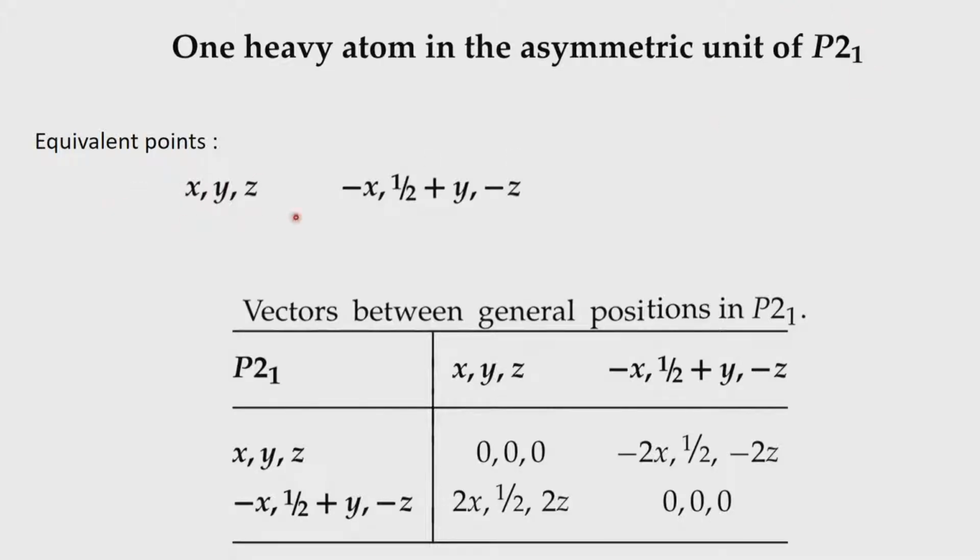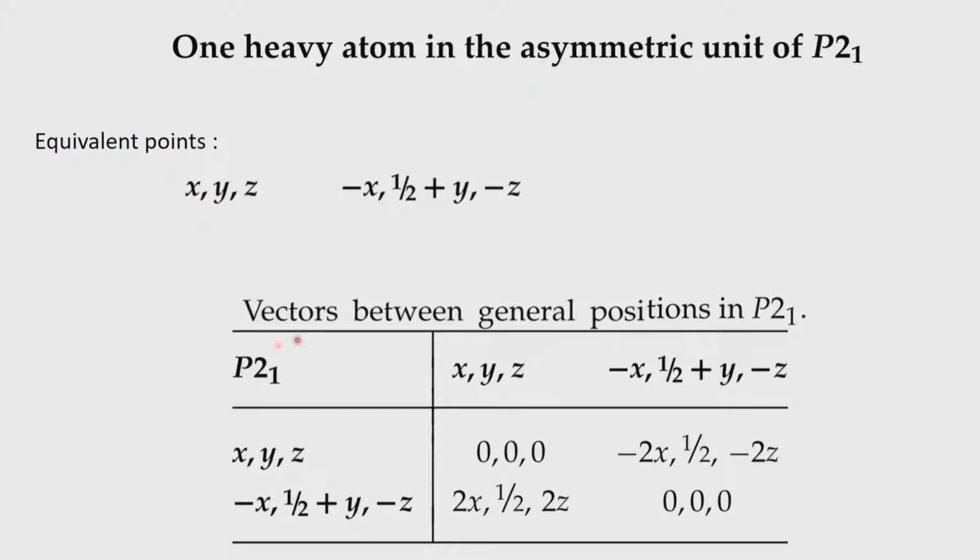So, the next space group we can consider is P21, where we have equivalent points at x, y, z, x bar, half plus y, z bar. Remember that there is a P21 here. So, once you see P21 as the space group, you expect a Harker line or a Harker section. Which one you expect? You expect a Harker section. Harker lines come for glide planes and mirror, and Harker section comes for the screw axis. So, you expect a Harker plane.